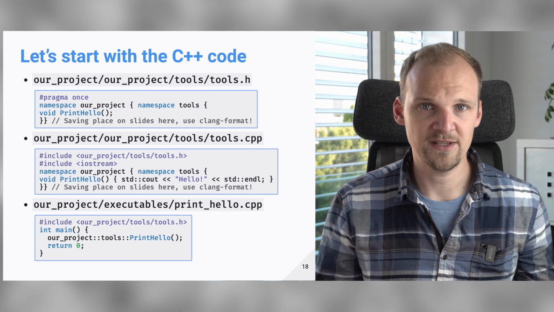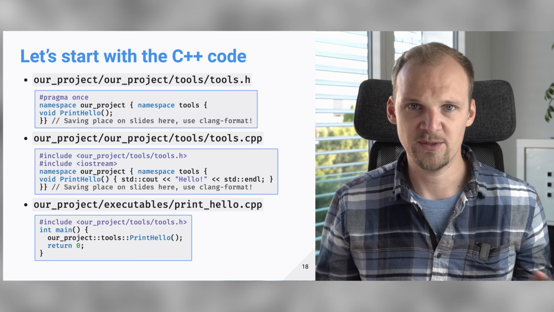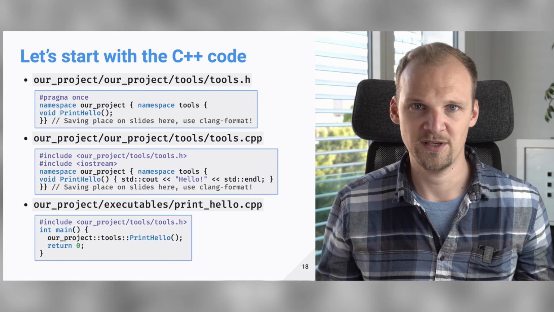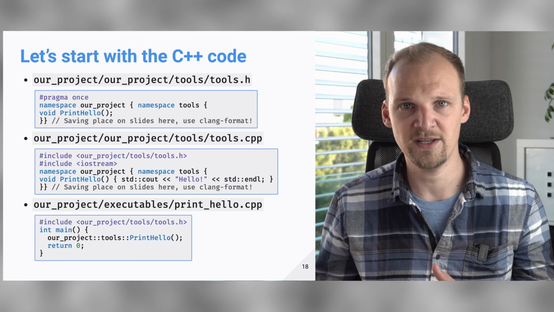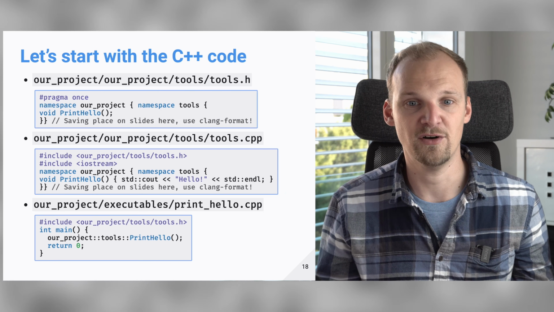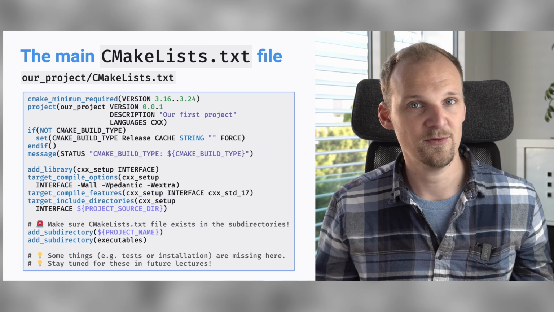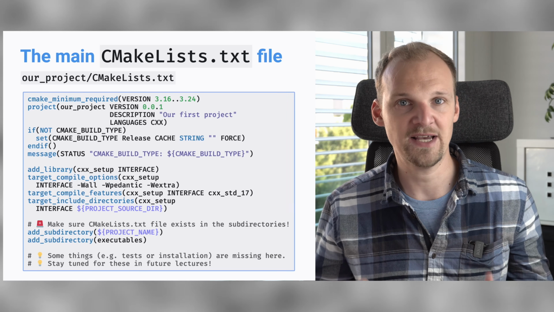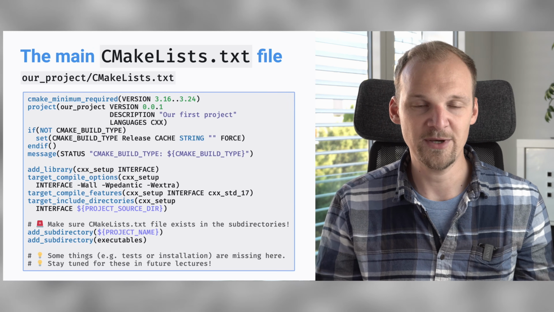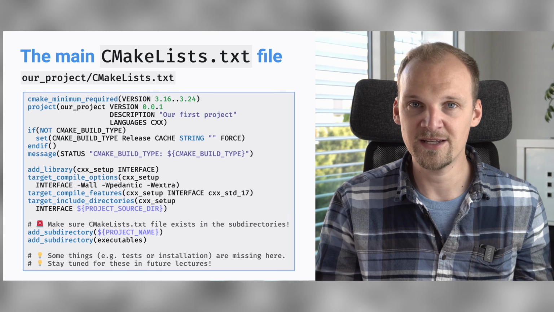So let's first look at the C++ code again, and I will not stop in details here. So we have this print hello function, which we declare in the header file and we define in the CPP file, and then we want to use it in the main function of our print hello.cpp. So everything standard stuff. And then the main interest for us here is how do we put it all into a CMake list. So let's first look at our main CMakeLists, the one that lies in the root of